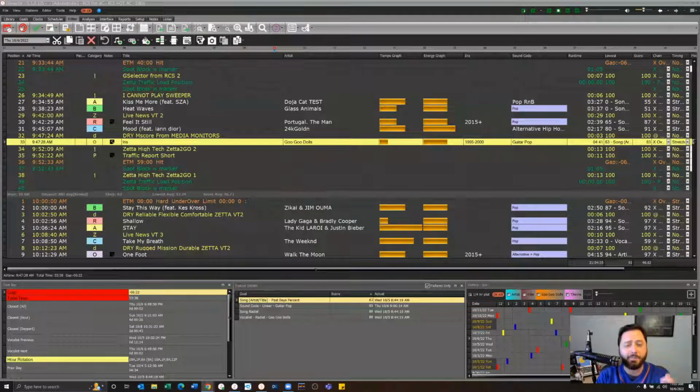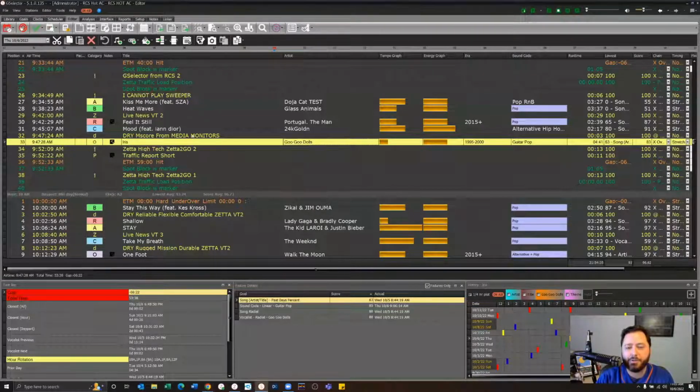As well as some really exciting things coming in the pipeline, especially in regards to GSelector. A slight tease of the brand new 5.1 GSelector build, which you can see right here in the fancy new colors. And ooh, so pretty. Yes, a nice little makeover for GSelector. Really excited for this version. It's in beta right now. If you wanted to play with it, you totally could. Just reach out to your local RCS contact and we'll get you in touch with them to get the 5.1.0